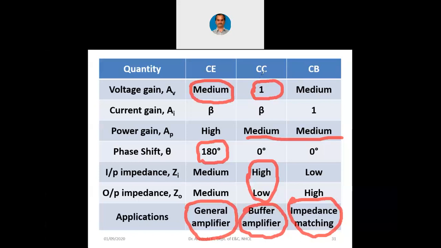Now you can see the common collector configuration, the current gain is beta, so common collector can be used as a buffer amplifier, common base can be used for impedance matching, and common emitter can be used as a general amplifier. We can use all these three amplifiers whenever we want to use a multi-stage amplification, and we can also use the common base amplifier whenever we want to match impedance. With all these